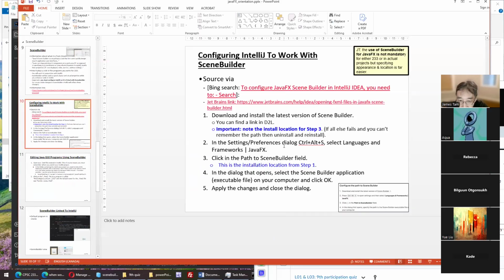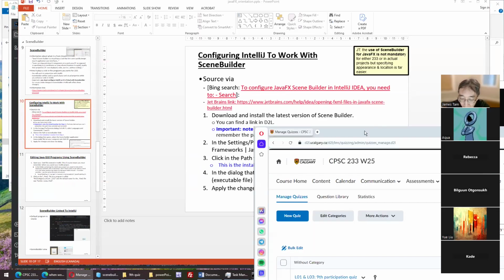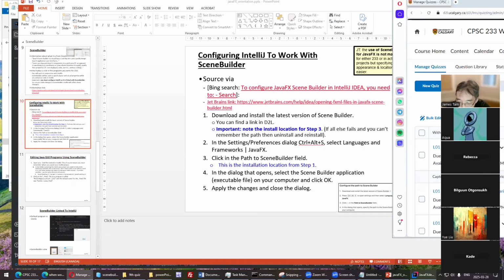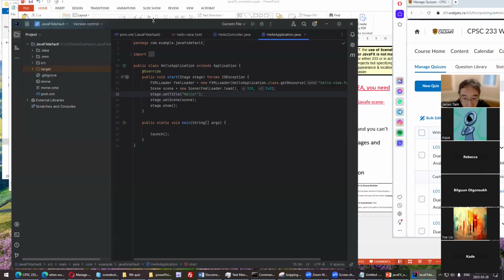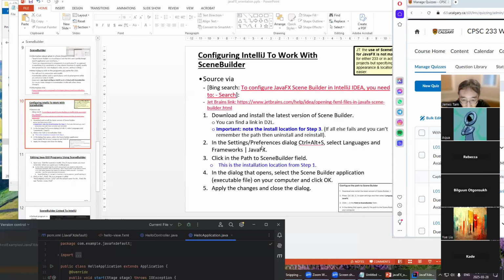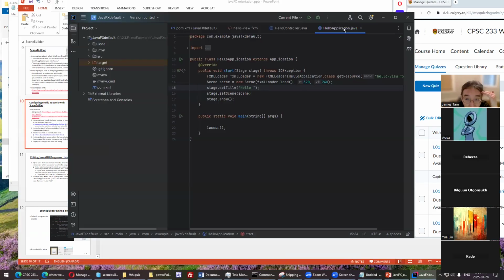because, okay, you can set up preferences and all this. I can't directly show it because I've already set this up on my machine. I needed to be able to get the notes. But once you set it up through this, then when you have a project that you have created in IntelliJ,